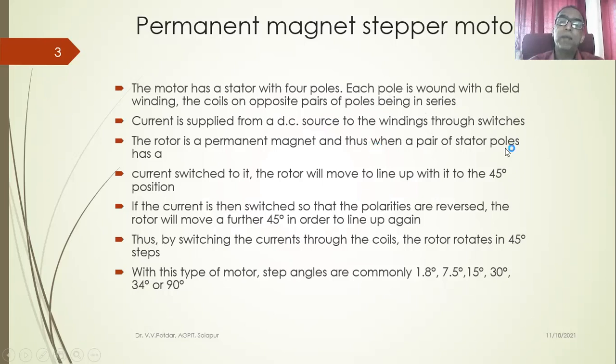Thus, when a pair of stator poles has a current switched to it, the rotor will move to line up with it to the 45-degree position. If the current is then switched so that the polarities are reversed, the rotor will move through 45 degrees in order to line up again. Thus, by switching the currents through the coils, the rotor rotates in